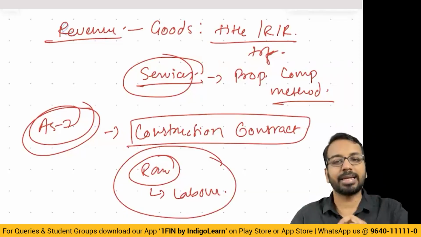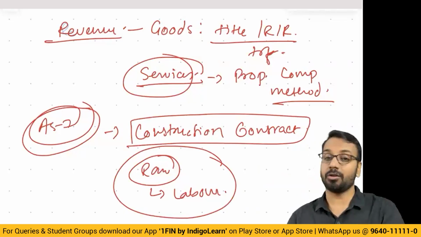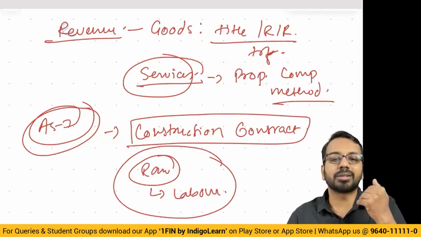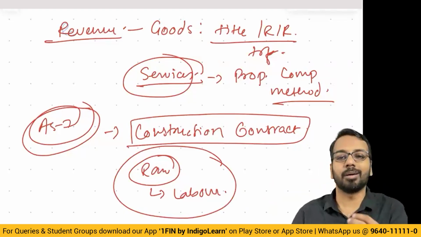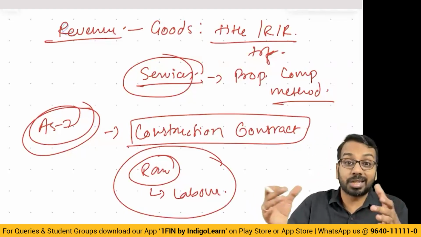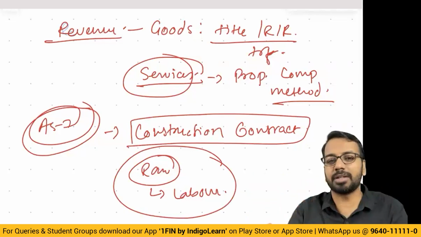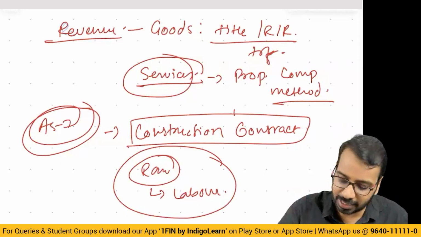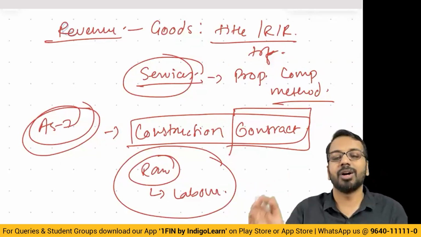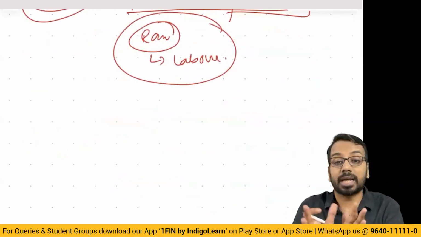So it is slightly complicated because goods are also involved, services are also involved. Like I'm constructing road, or I'm constructing a bridge, or I'm constructing a building, or I might have purchased the land, constructed the building, and then I want to sell it to you. There could be multiple different scenarios, but this is specifically a case where there is a contract of construction. There is a contract of construction, and the key issue which is addressed here is,